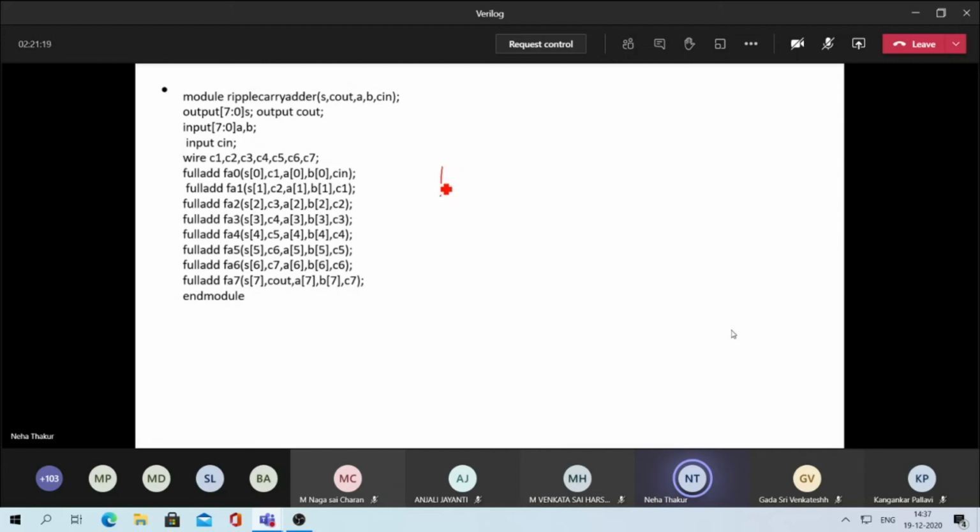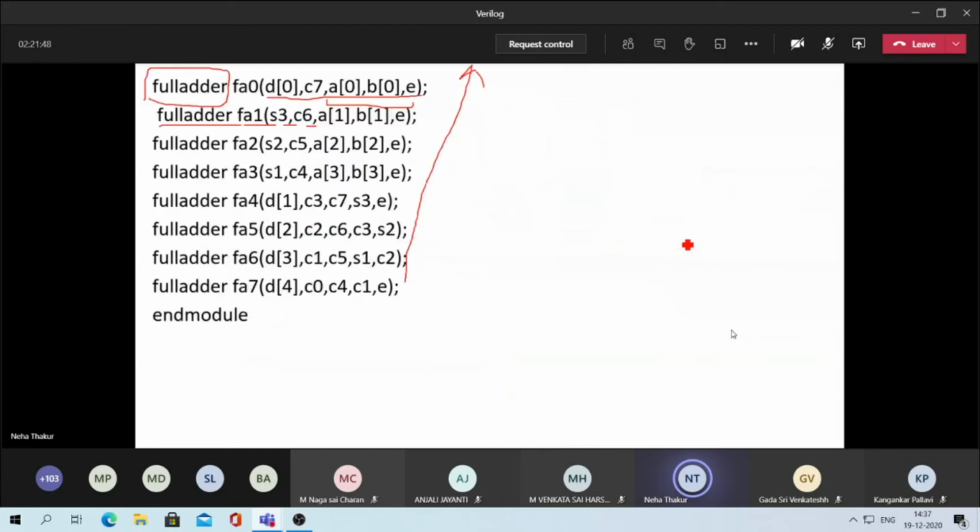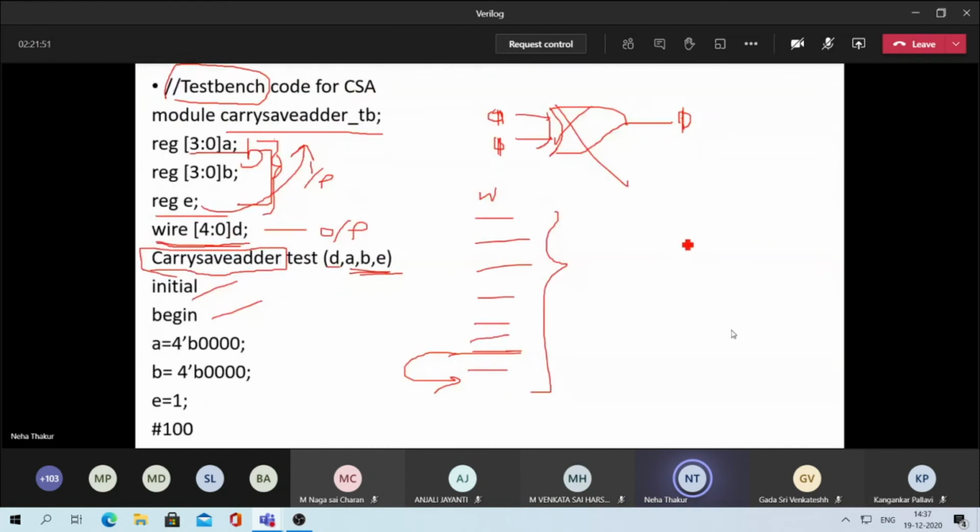You have written, suppose, A as 8 bits, B as 1 2 3 4 5 6 7 8. This you have done. Okay, if in any case it is 3-bit, you will write A is equal to 3 single quote b 110 or whatever you want to give. Similarly here it is for 4-bit. Okay, so you have to keep this in mind.